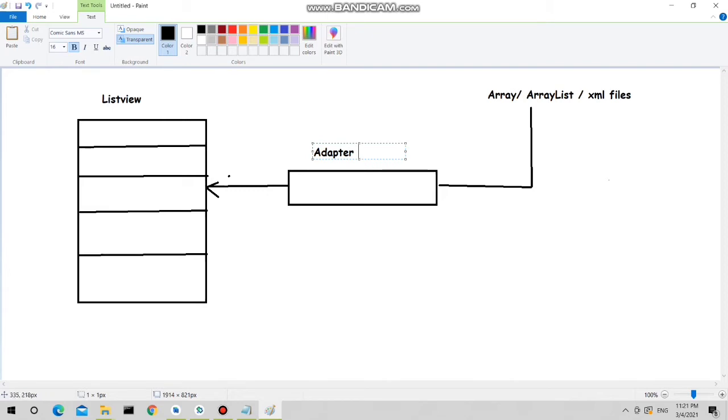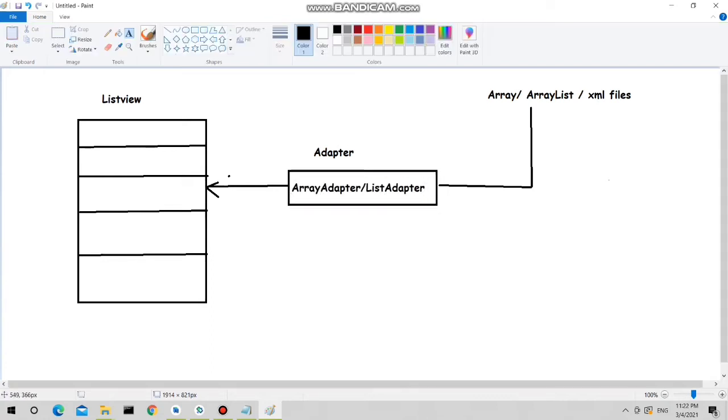I'm going to use a static array to store the list of items, so that's why I'm going to use the array adapter concept. But you can also use a list adapter. There are different types of adapters. I'm going to show you this with array adapter.